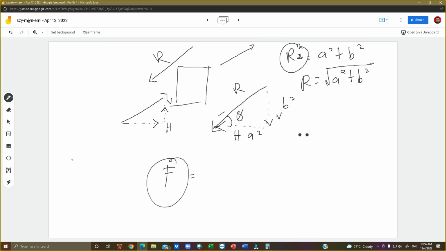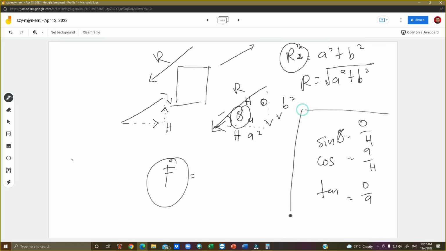Kalau dia ada mentioning theta, kita kena pakai sin, cos, tangent. Sin equals to opposite over hypotenuse, cos adjacent over hypotenuse, tan opposite over adjacent. Ni opposite, adjacent, hypotenuse. Sin theta. This is theta, angle. Sampai sini nanti kita bincangkan benda ni.